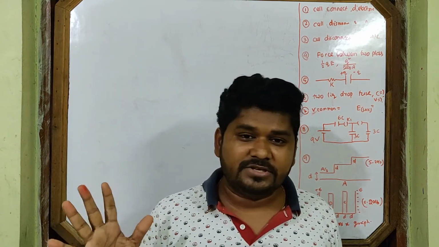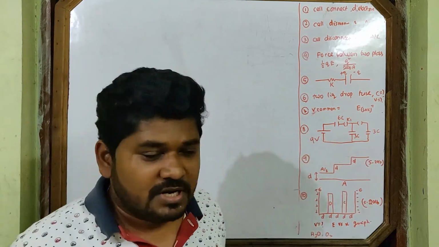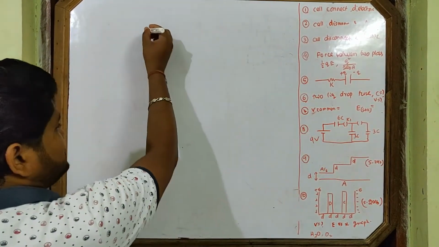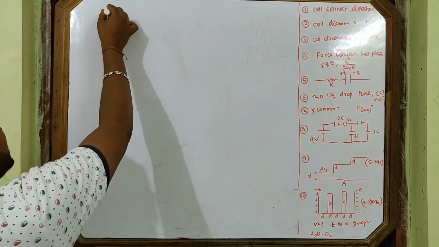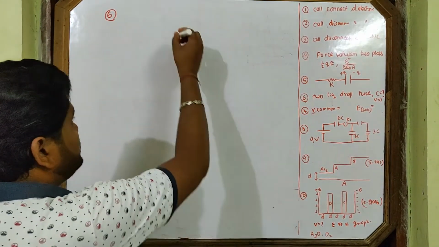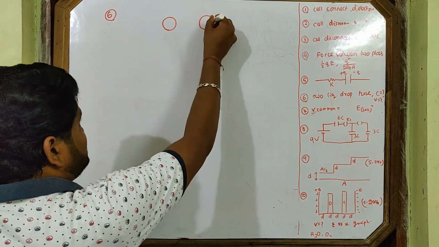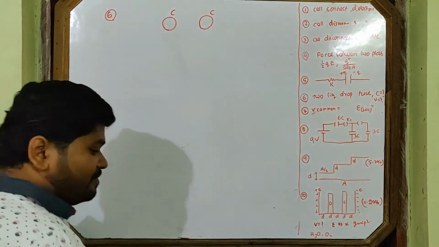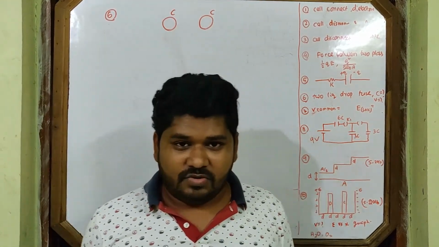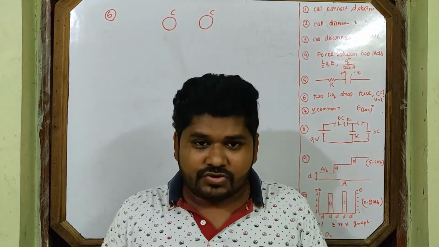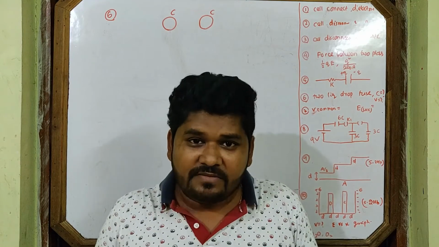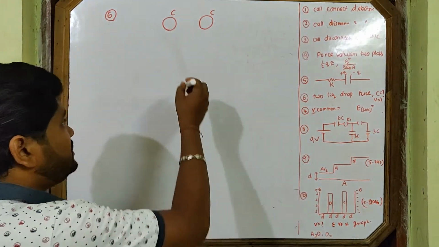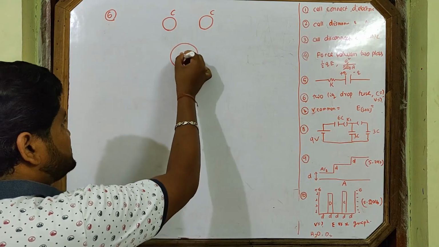Fuse means volume remains constant. But now you will do. So what do you do here? Volume remains constant. So now let's come to the question. What is the question? The question is like this. Two liquid drops, each of capacitance C, identical drops, both are. If they fuse, a bigger drop is formed, what is the new capacitance?